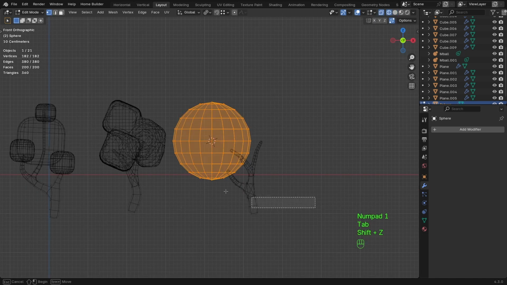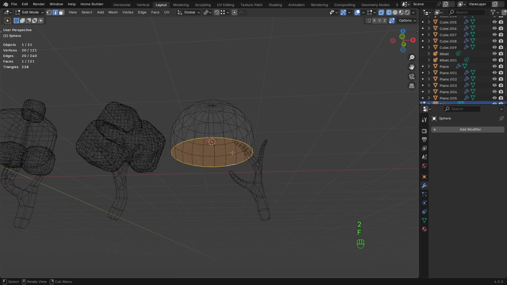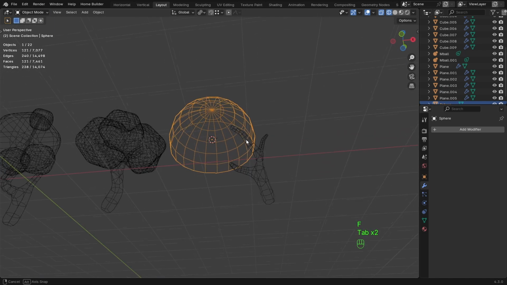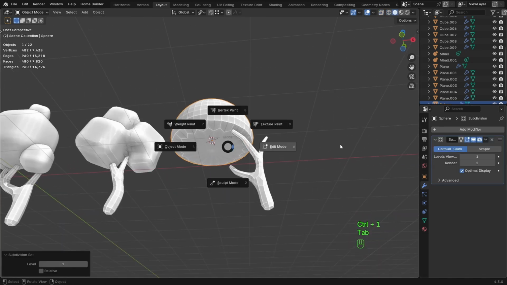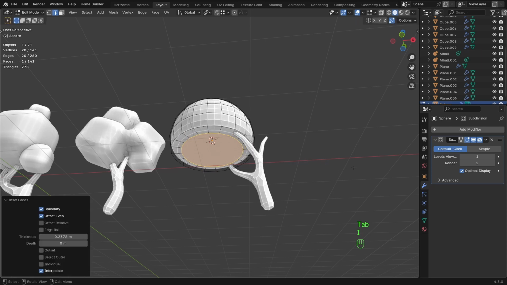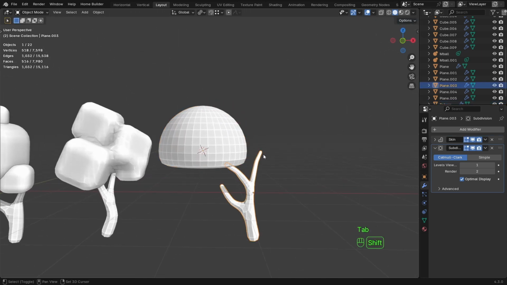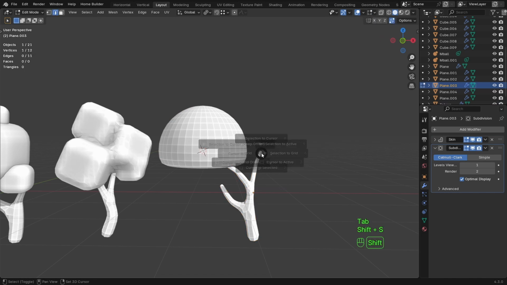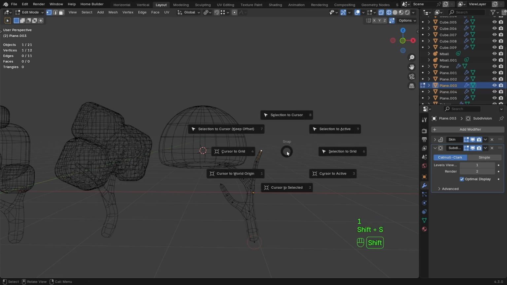And then I like to delete half of it and delete the faces, and then press 2 for edge and F to fill this area at the bottom. And then we can press Ctrl 1 to add one level of subdivision, I for inset a face, and that's it. Okay. Press Enter, Tab, make sure to select these vertices